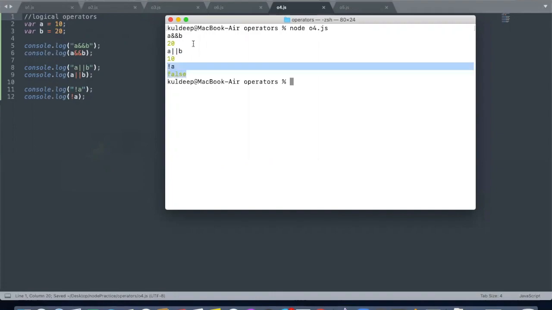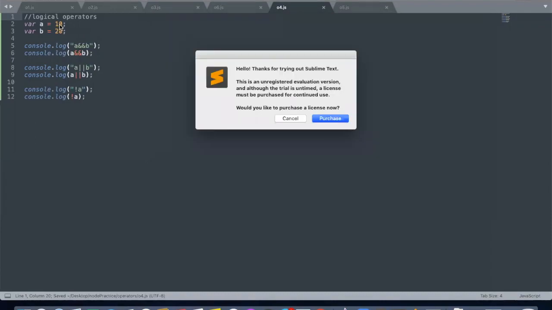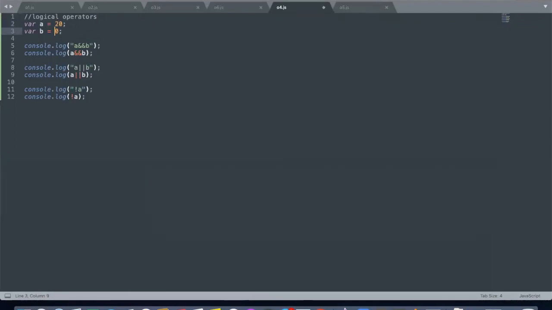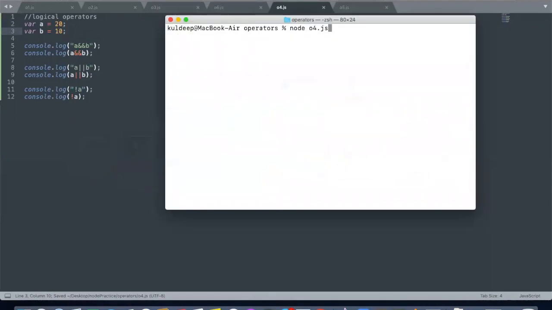So what I mean by this, if I write a and b, that is a logical and b, I'm getting 20. How am I getting 20? Don't worry, we will see this. And a or b, I'm getting 10. Why am I getting 10? So let's simply change the values of a and b. Let it be 20 and let it be 10. Simple. So let's see once again. Now I'm getting 10, 20 and false. So you can simply say that a and then b gives you the second number, right? In a or b, I'm getting the first number, right? That is a. That is b actually.